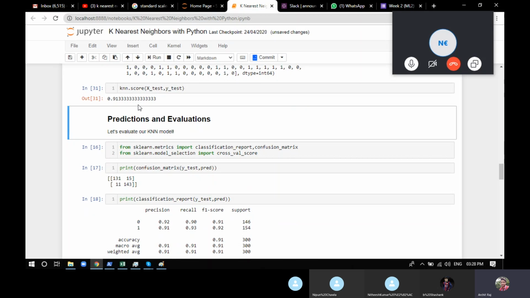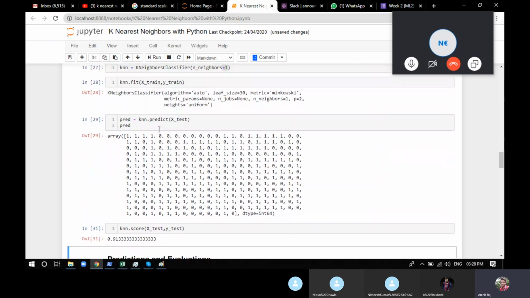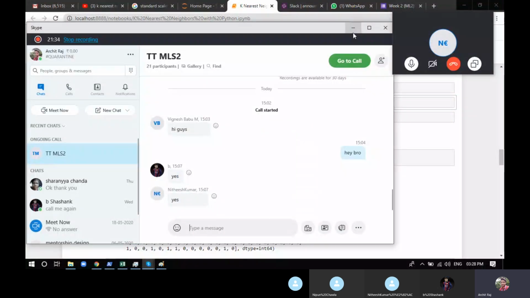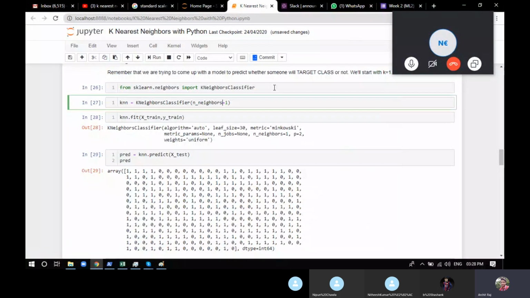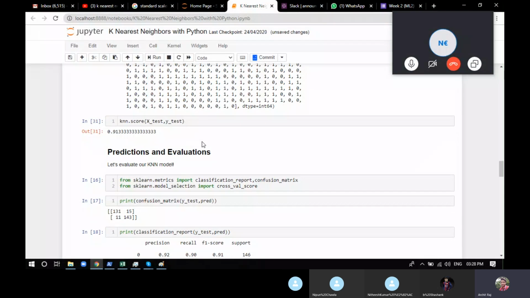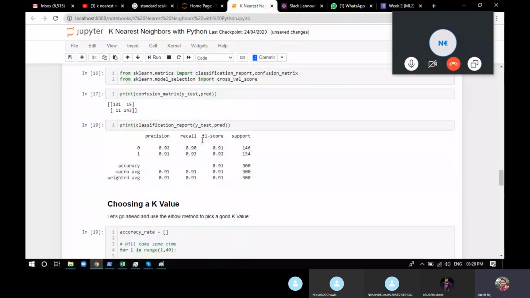So there's a 91% accuracy. Looks good, but it's never suggested that you should use k nearest neighbors as one neighbor, because it's going to be highly prone to outliers.